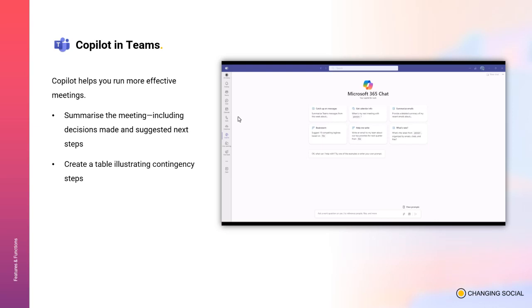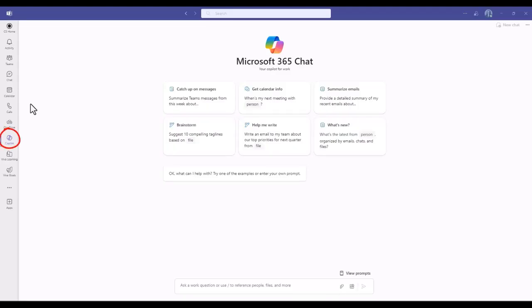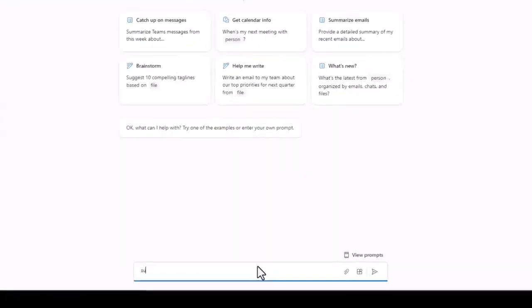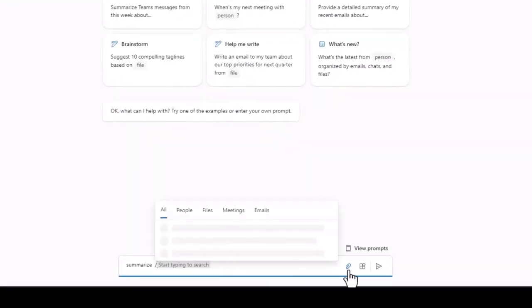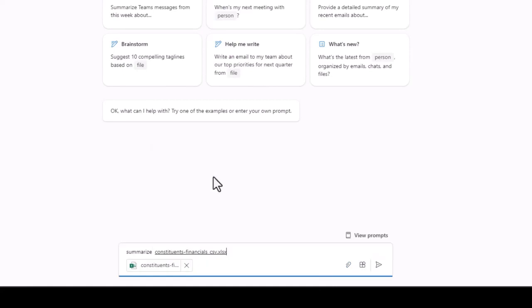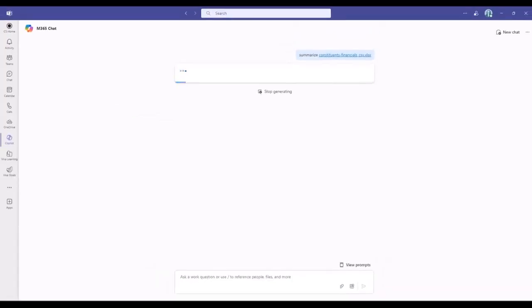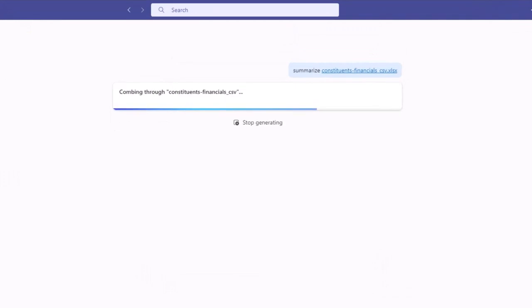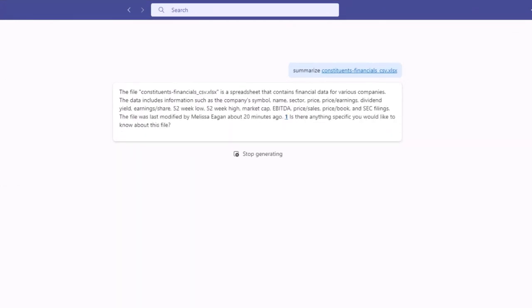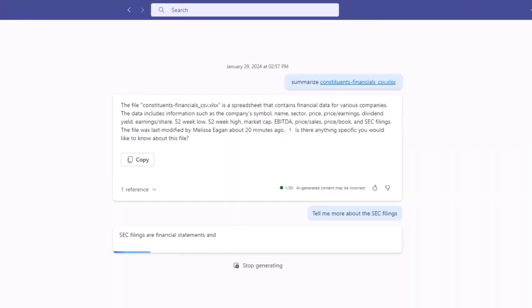And one more thing I wanted to show you about Copilot is the use of Microsoft 365 Chat. This is a new integration into Teams as a result of Copilot, and you can see how it's used in this video here. Copilot in Microsoft Teams is your personal virtual assistant. Use the prompts in Microsoft 365 Chat to summarize documents, meetings, emails, and ask questions. Copilot will even prompt you for additional follow-up questions.